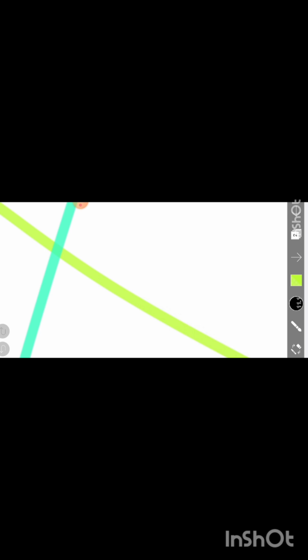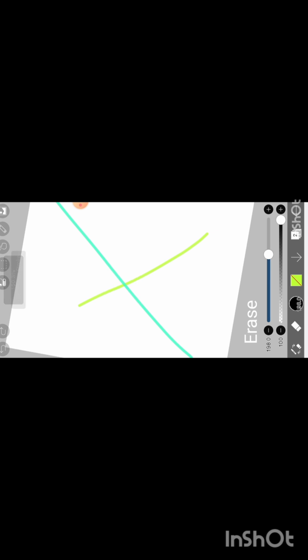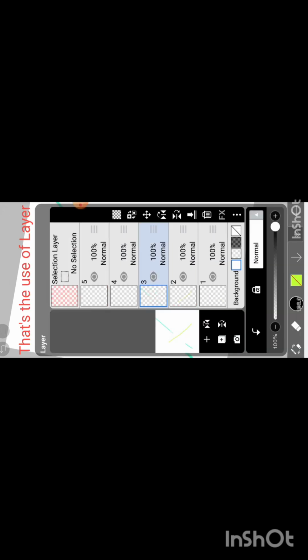Now let's merge down. See, now both the works have come into a single layer. I am able to use them at once since I have merged the layers. Now I have undone it. Now I am in layer 3. I erase the part that I did in the third layer. The part that I did in the second layer is totally untouched. So I hope that gave you the basic idea of how layering works.